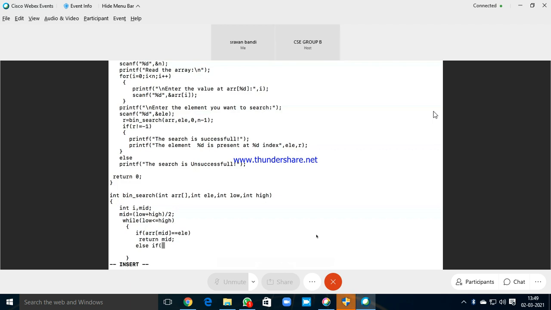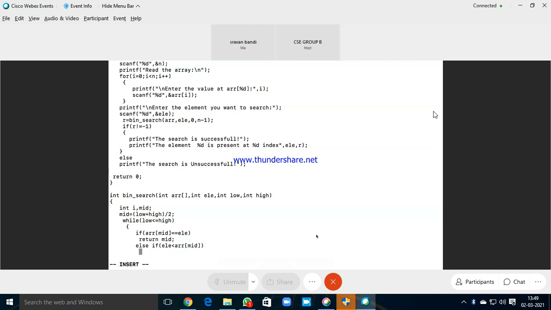Else if arr of mid value is less than the element which I want to compare, or let me put it this way, if the element which I want to find is less than arr of mid, then which part of the array should I search?